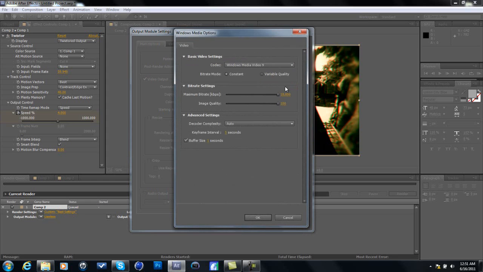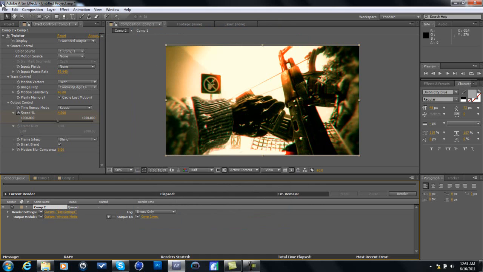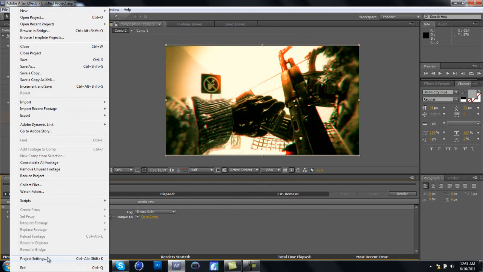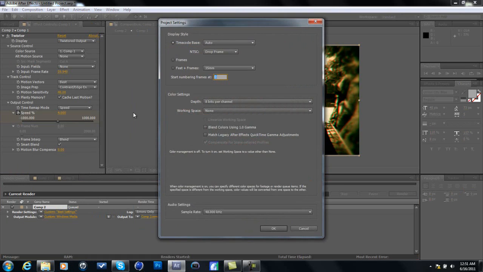You can go to Format Options. Make sure the bit rate is 10,000 and image quality is 100. If you have a slow computer, kind of move this down a bit. Not that down. But move it down like to there. It'll make it go a bit faster without lagging too much. But Tyler has a good computer, so I'm going to move it to 10. Constant. Yeah. And okay, and also, if you're still having problems, to make it look even clearer, go to project